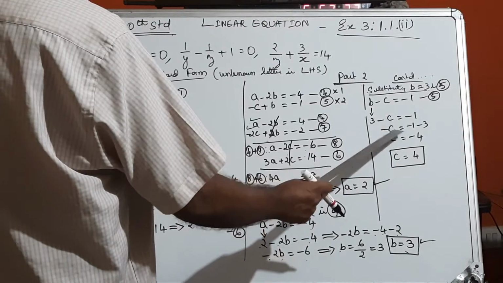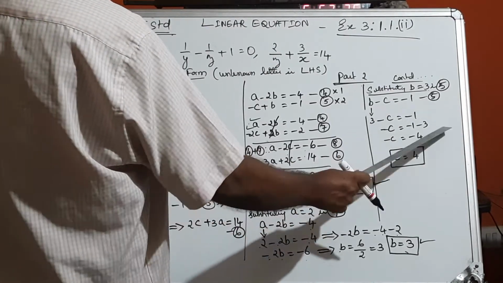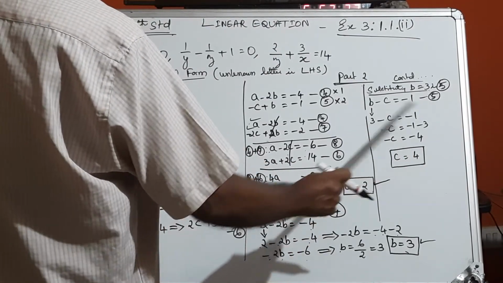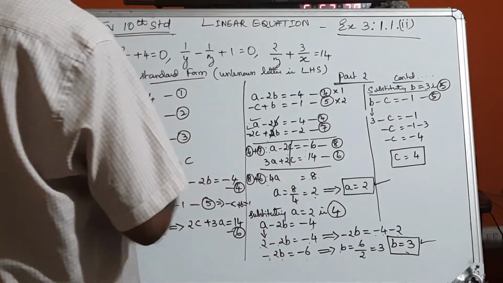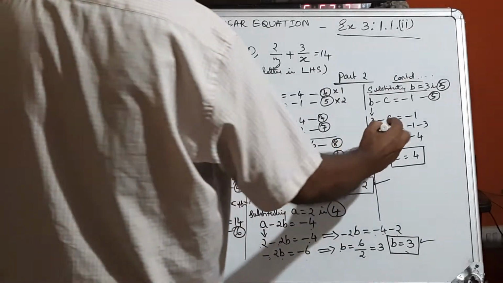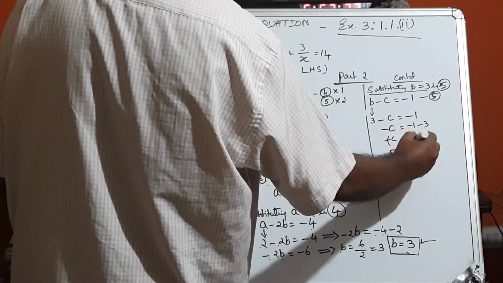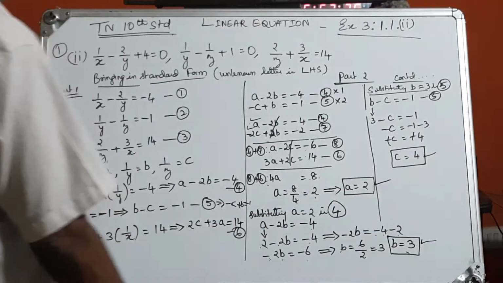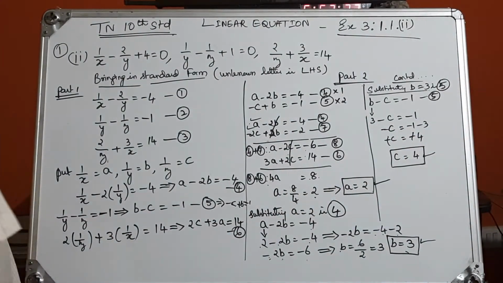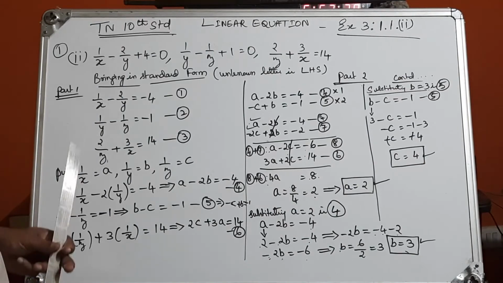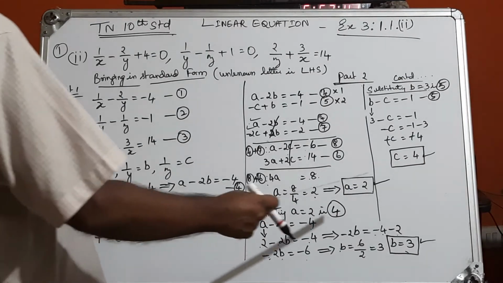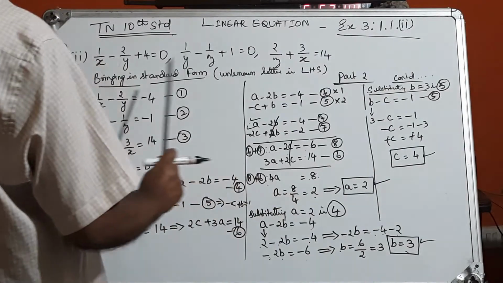We put an arrow. Minus c is minus 1. Take the 3 that side. It will become minus 3. Plus 3 will go that side. Minus c is minus 4. When minus comes on both sides, you can make it plus. So we get c is equal to 4. Alright, so now what you got is a, b, c, but we have to find the value of x,